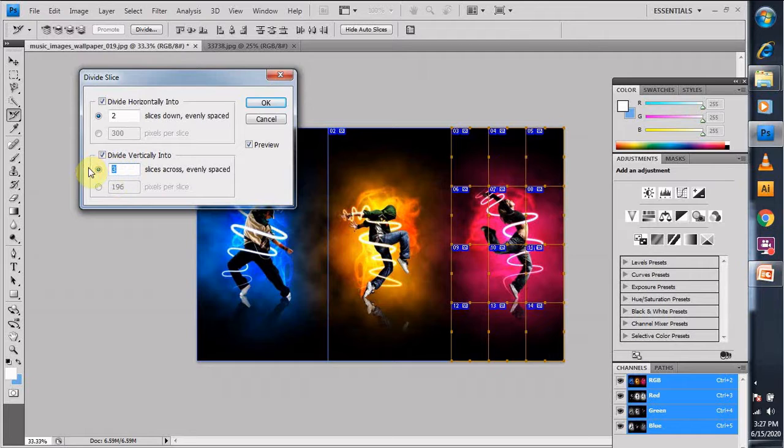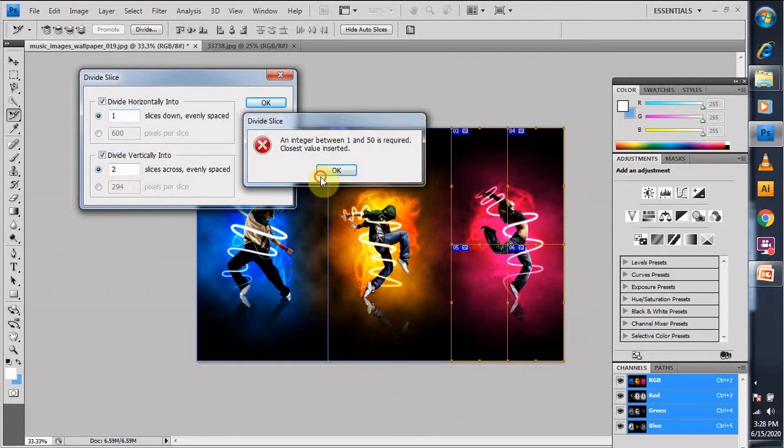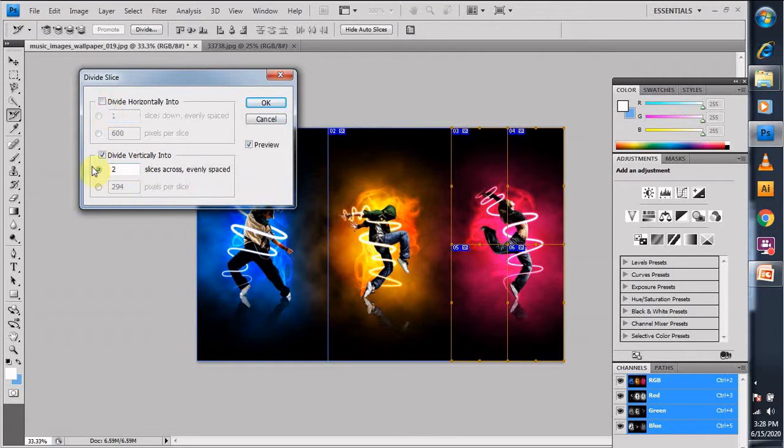If I want 1 and 2, it divides into two parts. This is how it works, but I don't want it divided into various parts, because I want just three parts. So I'm not using this option, I'm closing it, and I click OK.